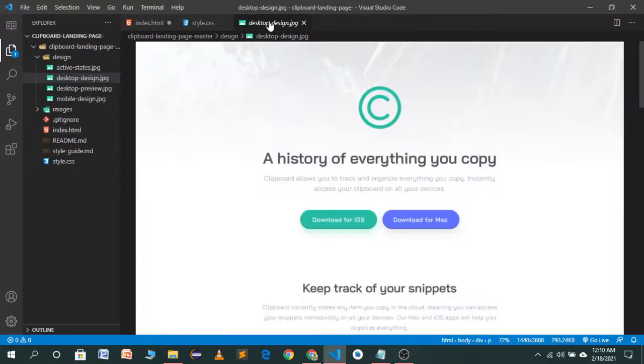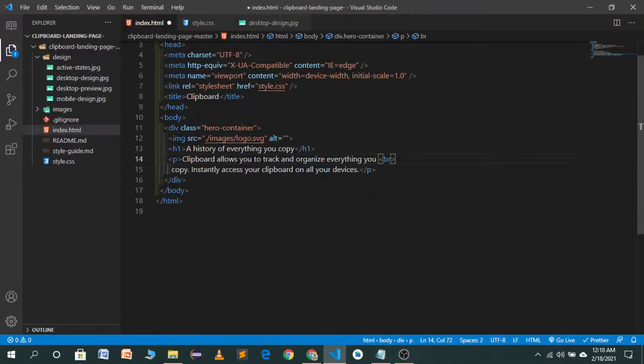Now as you see in the demo of the website, we have two buttons under the paragraph section. So we also want two buttons. These buttons will be wrapped in a container which will be called button container, and we will have two buttons here.